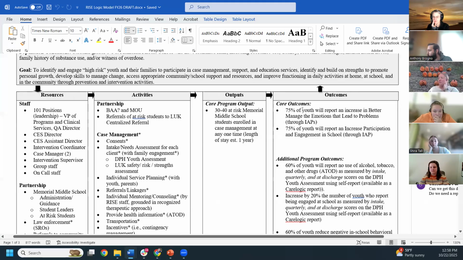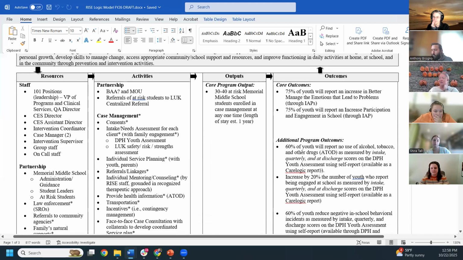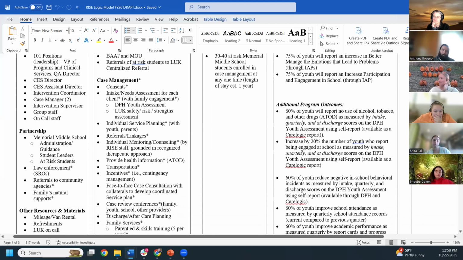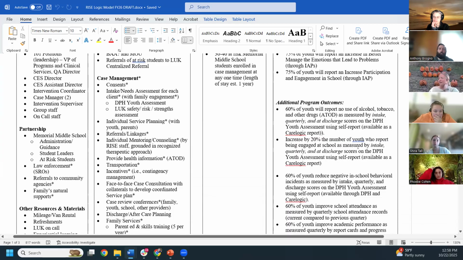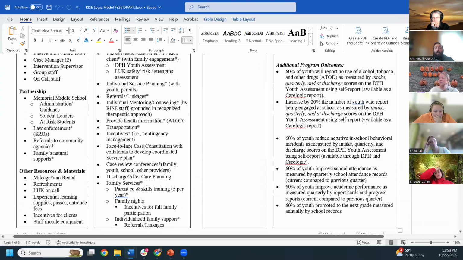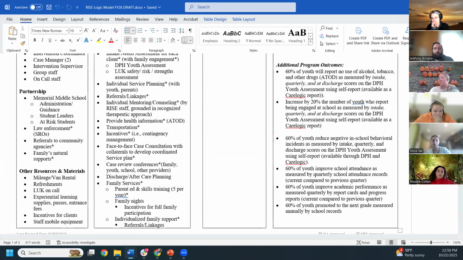And then for our core outcomes, we're utilizing IEPs, so that's individual action plans, and CareLogic. And then there's also additional, because of DPH services, they want a lot of other information. So they have youth assessments, and that's used as self-reports, and we're looking for improvement in different areas there.